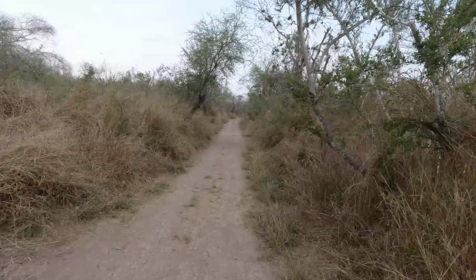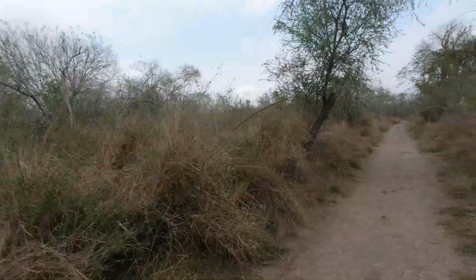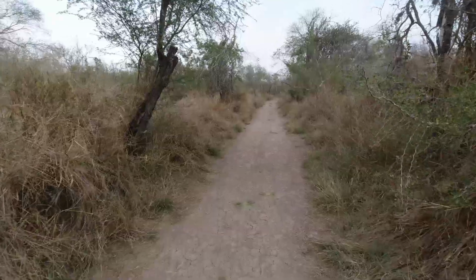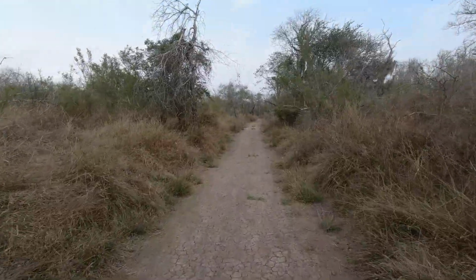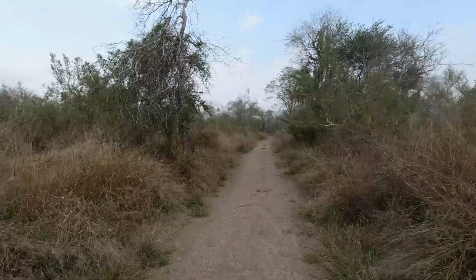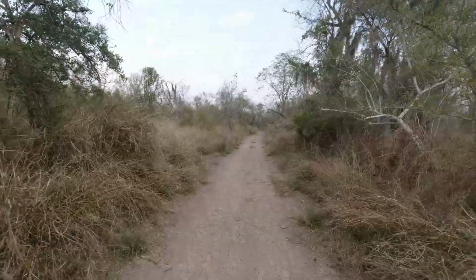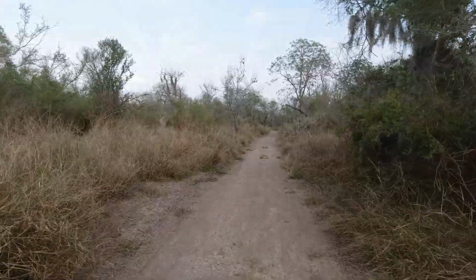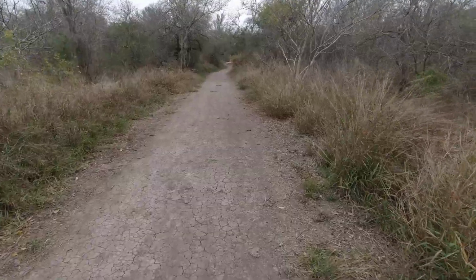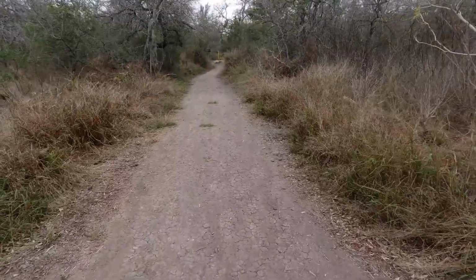A little nerve-wracking because you can't see into it, but you can hear them. Rabbits or rats. Yep. Or snakes. Or lizards. Yeah, I haven't seen any lizards. I would think they would thrive here. Snakes for sure. Birds, probably. Thank you, Birdie. On cue. So we have decided to go from this trail and not finish it yet, but go to